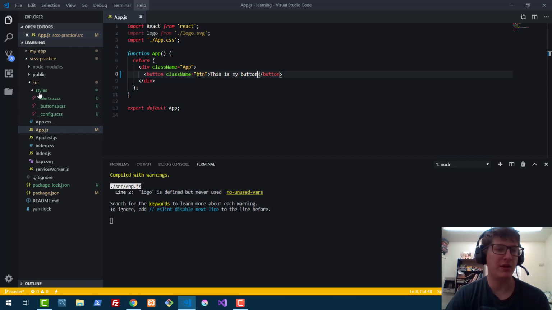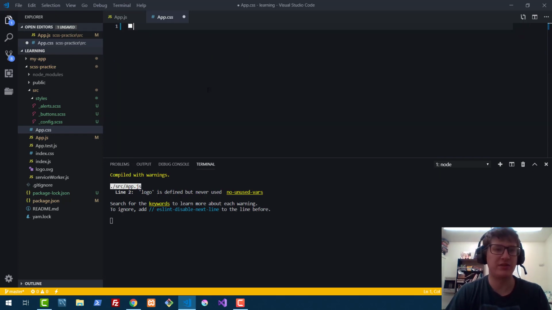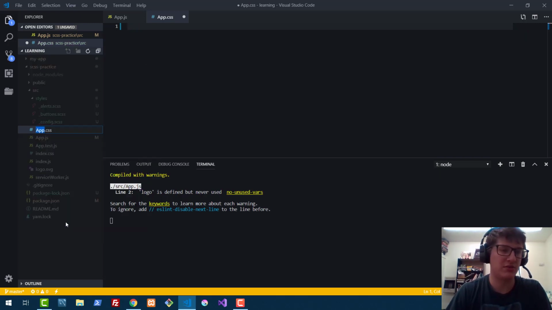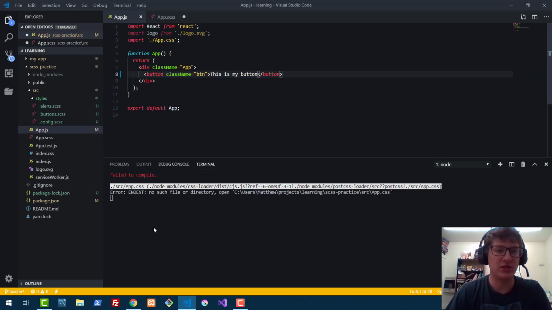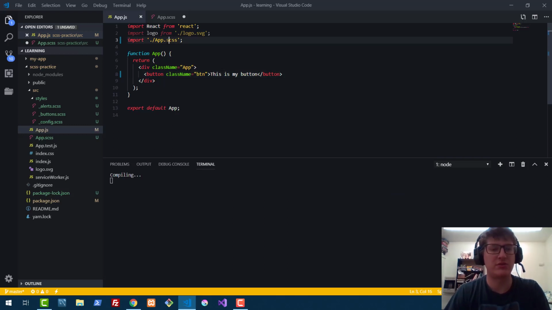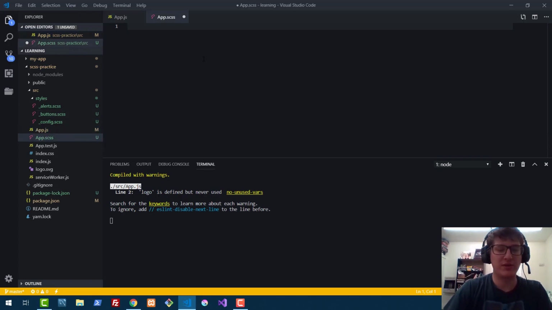So we're going to head back to our source here, and come to app here, and I'm just going to delete all of this. Actually, before I do that, I'm going to convert app.css to app.scss. We're going to get an error, obviously, and just replace that there, and we're back to just warnings, so we're good. Now come back to our main app folder, and we're going to import